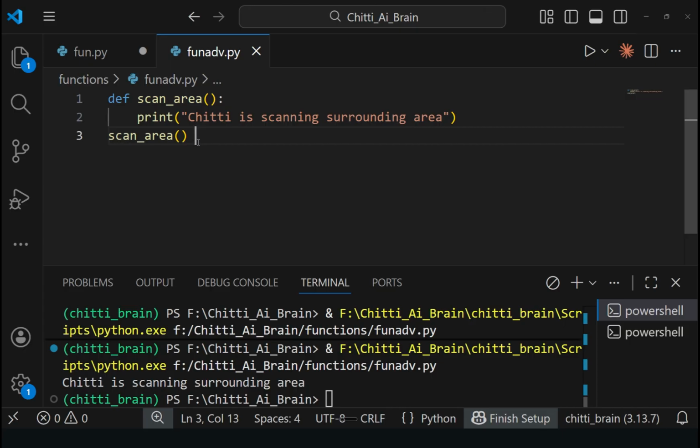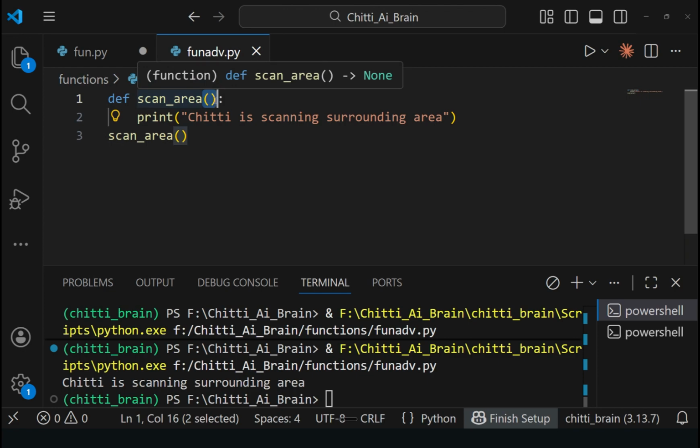Now here, what is def? Def simply tells Python we are defining a new skill. We are telling Python the skill name is scan area. And what are these parentheses? Parentheses are the space for inputs.